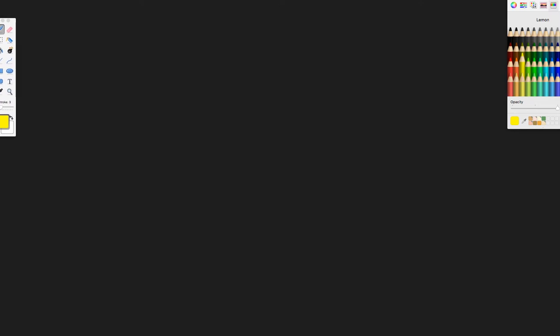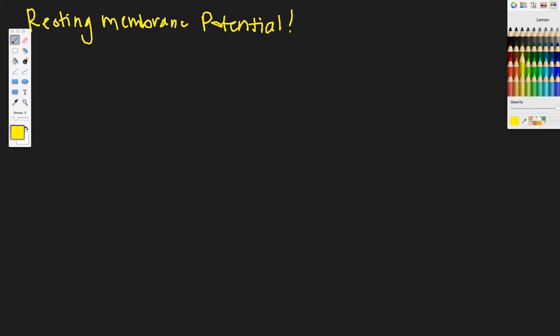So let's label our field up here: resting membrane potential. Okay, so before we go into drawing out the how and what and why of the resting membrane potential, we need to establish what kinds of cells have a resting membrane potential and why we would want to have one